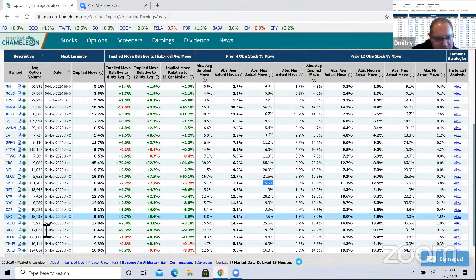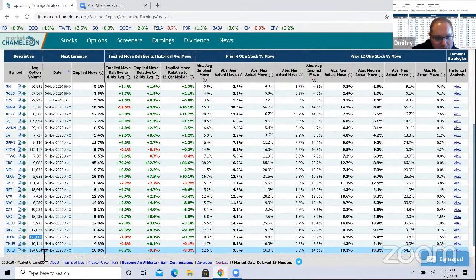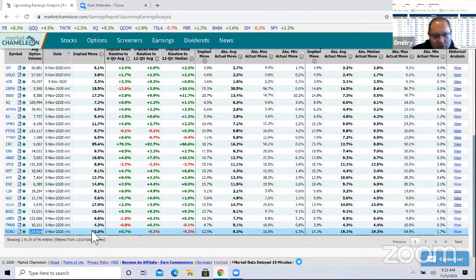Let me see if I see any other big ones here today after market. So Uber, we talked about. Roku. Here's another one. Roku expected today after market close. So the implied move is 10% in either direction. That compares to a 4-quarter average move of 9.3%. So we're close to that, a little bit above,